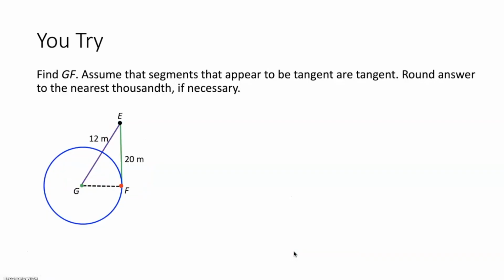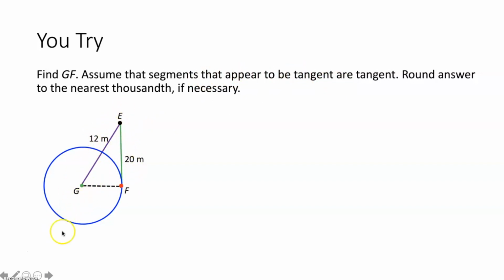You try it. Okay, doing the same thing here, except this time it wants you to find the measure of segment GF. It also says to assume that segments that appear to be tangent are tangent. So we again are given a circle, circle G, and we're given a triangle, triangle GEF. Now, because we're assuming that segments that appear to be tangent are tangent, we look for our tangent segments down here. And the only one that appears to be tangent would be segment EF, because segment GE,